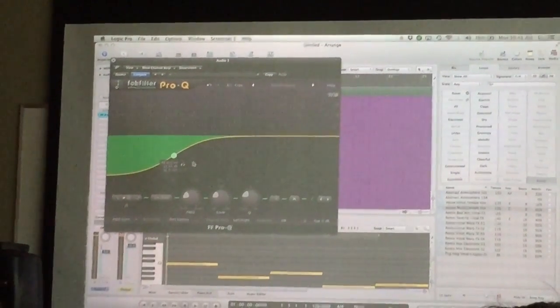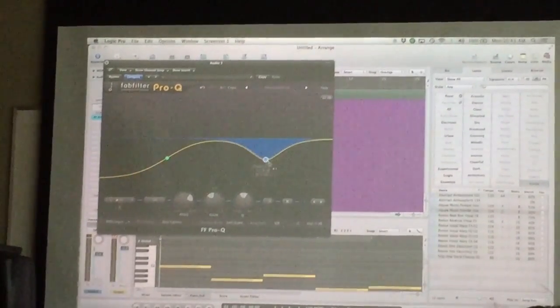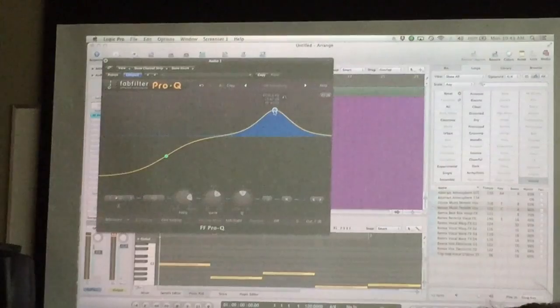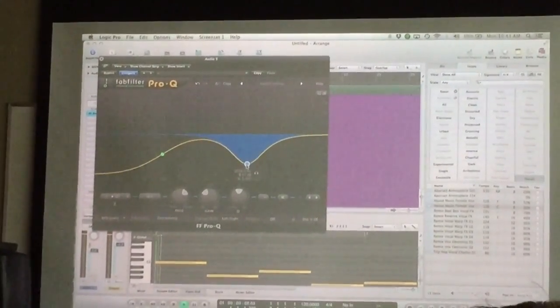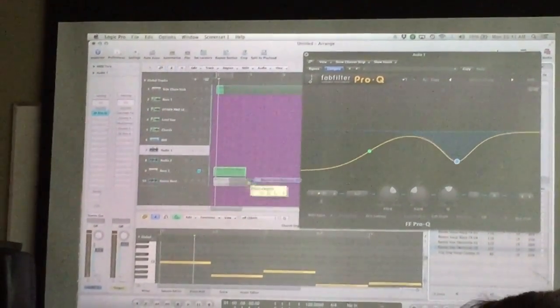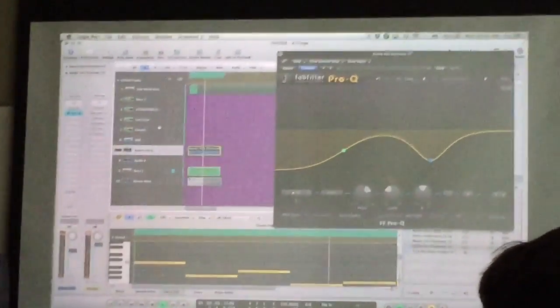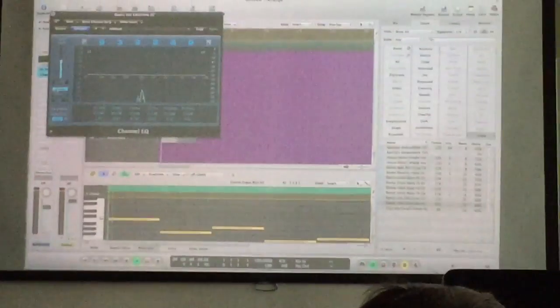Low cutting is the most common thing you'll do. You've got to make sure everything will fit together. And it's good to be able to just drop things out. Say you can hear a ring at certain frequencies. We ring out things by boosting to hear where it's peaking the most, and then cutting it where it's standing out. Let's do it to a different sound. Let's analyze that. Now, if you didn't have the analyzer,